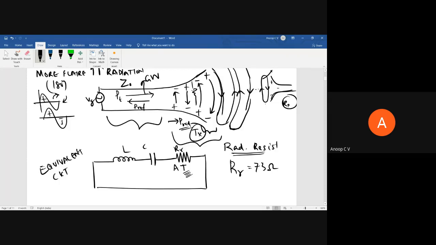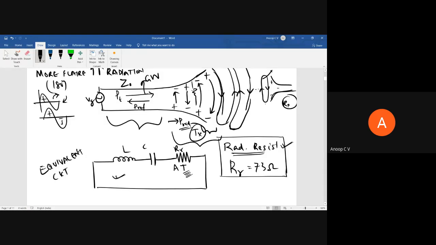That's it, right? And if an antenna is receiving, what will happen? Depending upon the temperature of the far away source, either an active antenna or far away passive radiation, heat will be produced in this RR, and there will be a voltage drop and that will induce a current. So this is one aspect which you have to study. We'll study radiation resistance in detail in the next module, when we study the dipole, short dipole and half wave dipole. But just keep in mind this is an equivalent circuit.